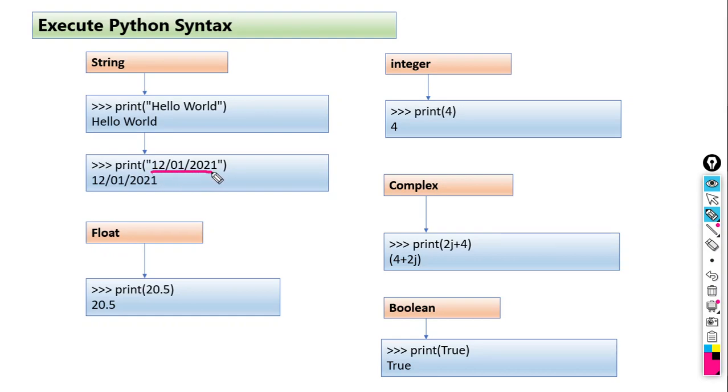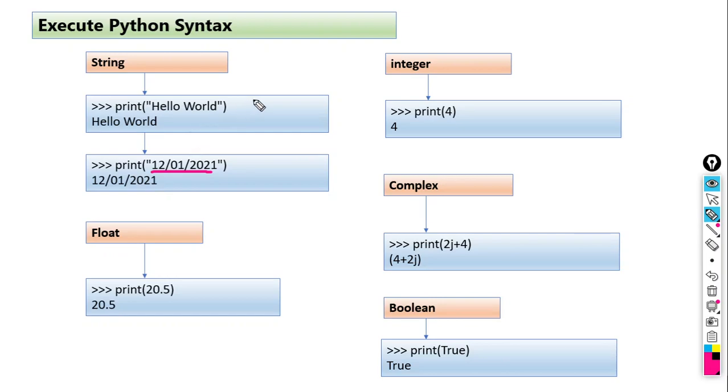So I want to print this format: day slash month slash year. Okay, so this is the text. Then write quotation mark and then closing bracket. What would it print here? We will get the output 12 slash 01 slash 2020.